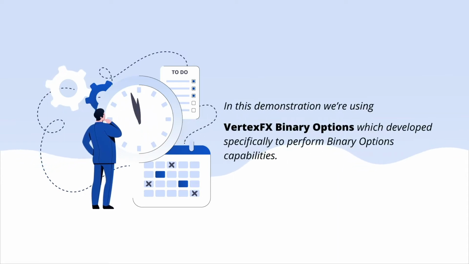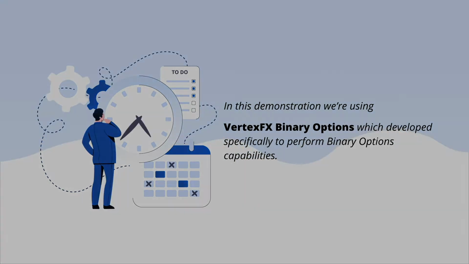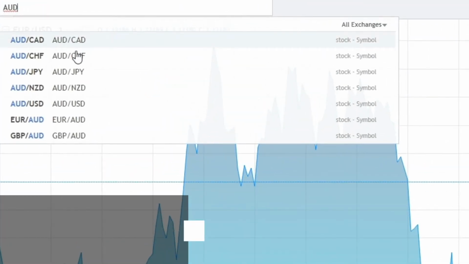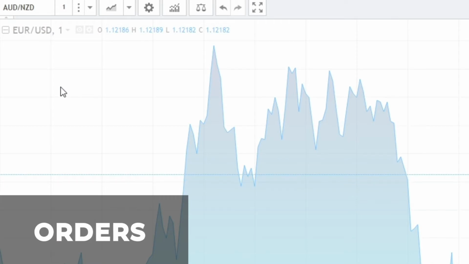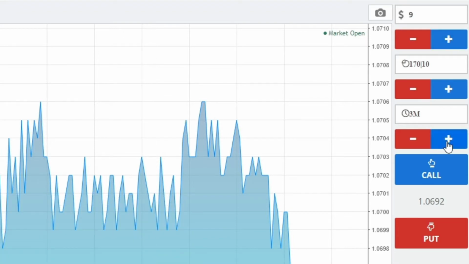In this demonstration, we're using VertexFX Binary Options, which is developed specifically to perform binary options capabilities. Search and choose the desired symbol that you want to trade binary options on. Change the parameters on the far left of the screen, such as the amount in US dollars, the timer from